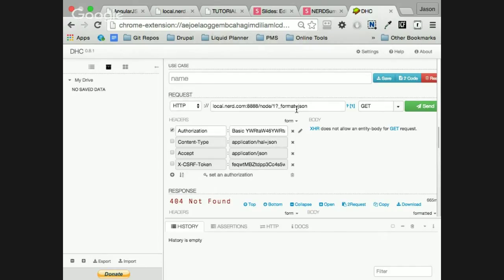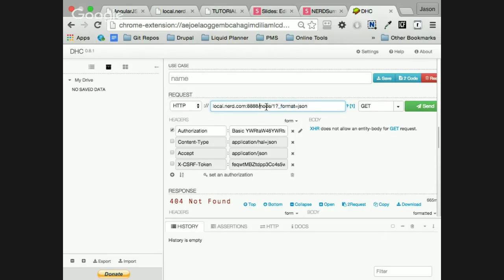Now, one thing I was telling you about the new version of Drupal 8 Beta 15, they changed the way the REST is provided. I already made this presentation at Drupal Camp San Diego, and I was using Drupal 8 version Beta 6, and it was totally different. Now they require one of the parameters in the URL to be _format. I don't know if you can see it just fine there, yeah. And that's telling the service what format we want.